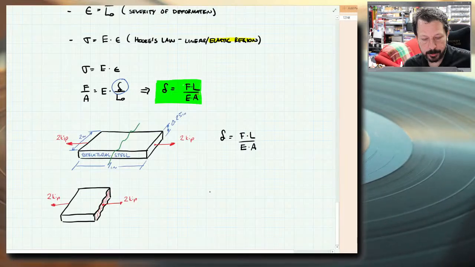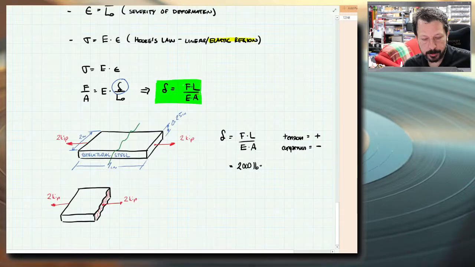So delta is equal to the F here, which is the internal force, the one that we just drew. It can be positive or negative. Remember, we're going to assume that tensile forces are positive. So we're assuming tension equals positive and compression is a negative force or strain or whatever. So this arrow that I just drew is pointing away from the body, which makes it a tensile arrow. So I have a positive 2,000